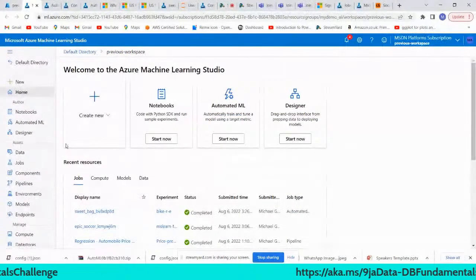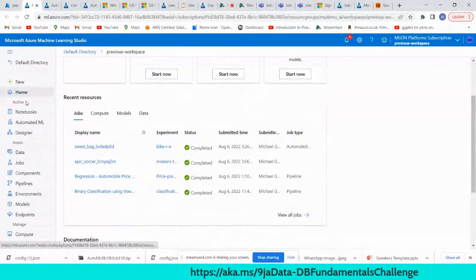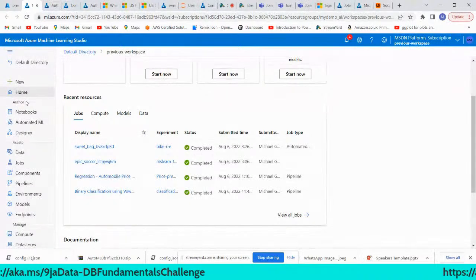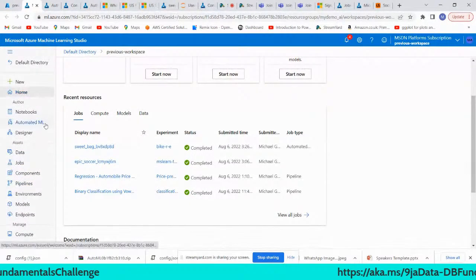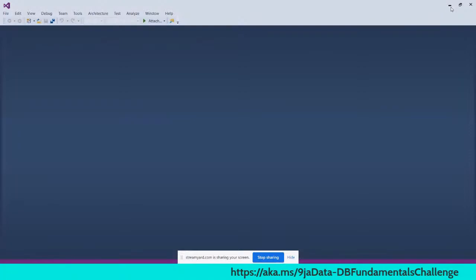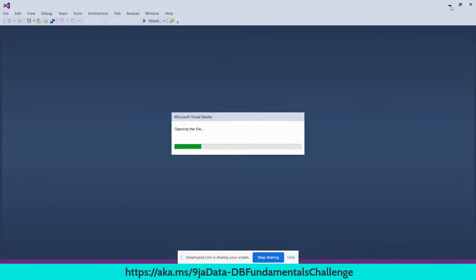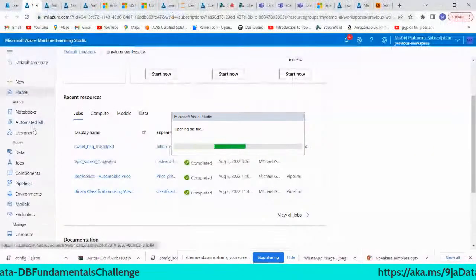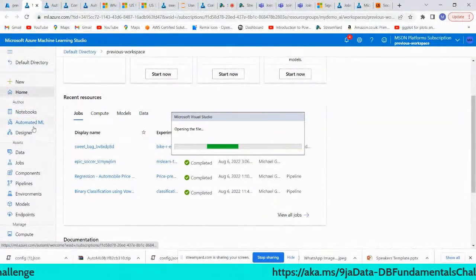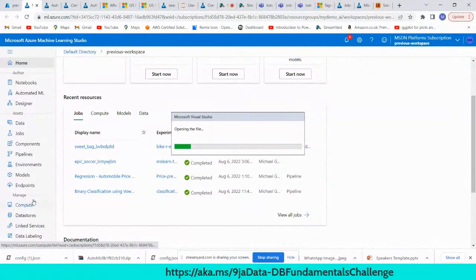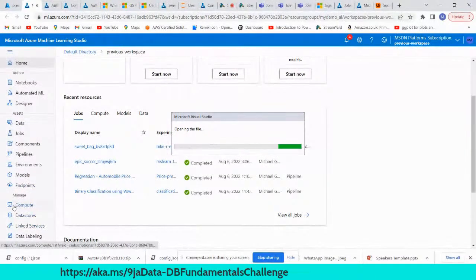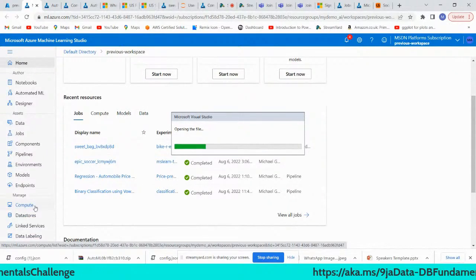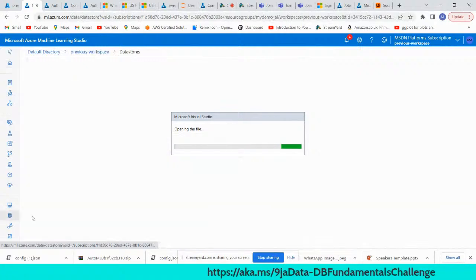So now, as soon as we have that created, we are within the ML studio. Now in the ML studio, of course, we have three different areas there: the author pane, then the assets, and then the manage section underneath here. For a minute, I just want to focus on the manage end that we have. On the manage end there, when we go to our data store,